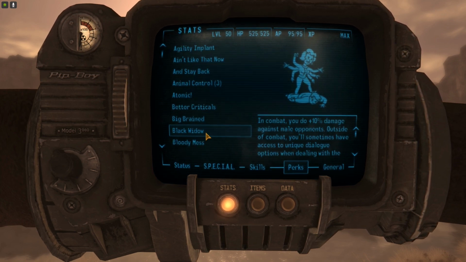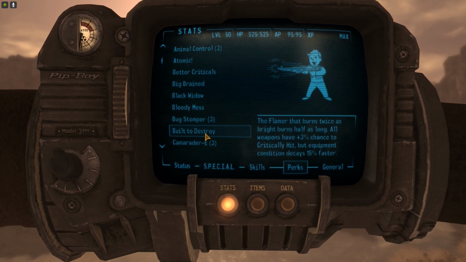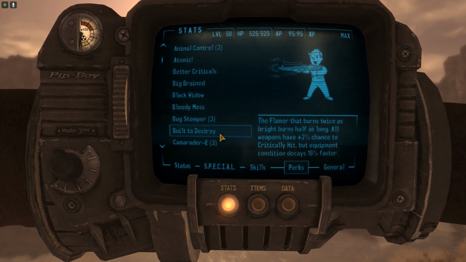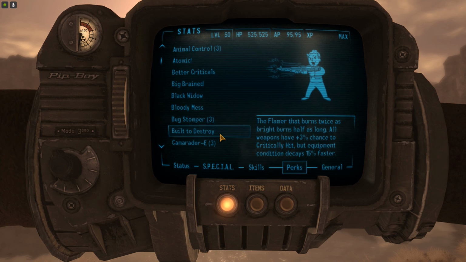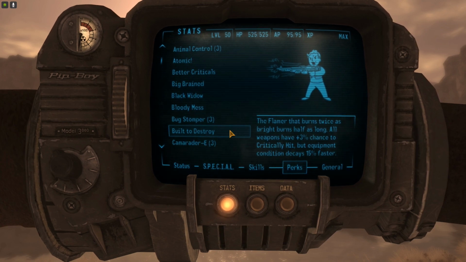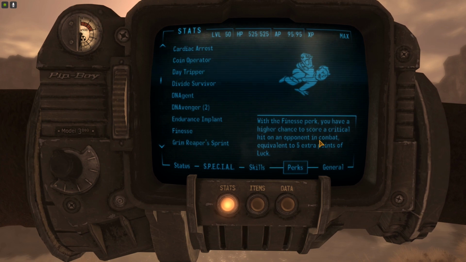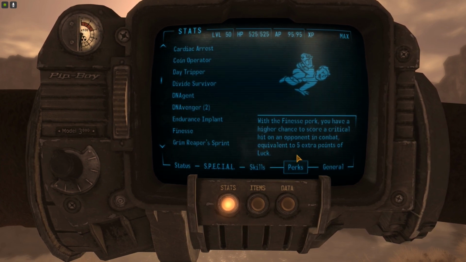Black Widow's there. That was helping against those Legionnaires before. Bloody Mess for extra damage. That's easy. Build to Destroy gives me plus 3% chance to critically hit, which is a pretty nice deal. We're going to have our weapons decay faster, but I can deal with that for that extra tiny bit of chance to crit. That's fine. Finesse gives me an extra 5% chance to crit as well, which is helpful